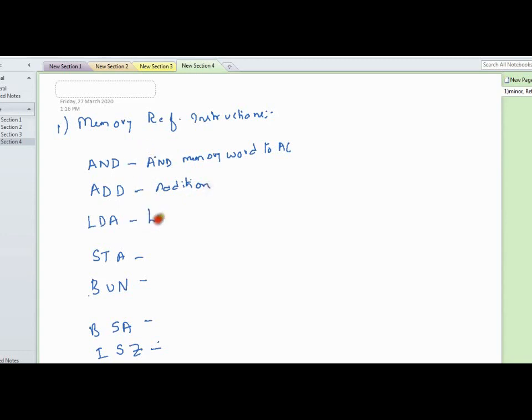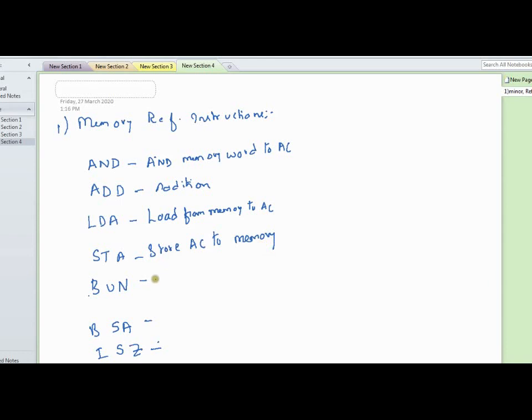This is for performing the load operation from memory to accumulator. Similarly, store means store the value of the accumulator to a memory location. That means you have to specify the address in the AR register. Then only you can perform the store or load operation.